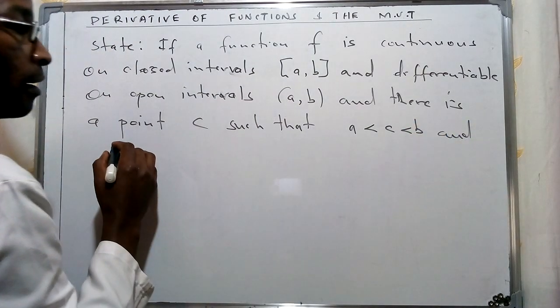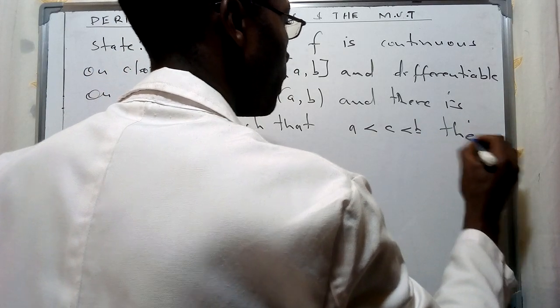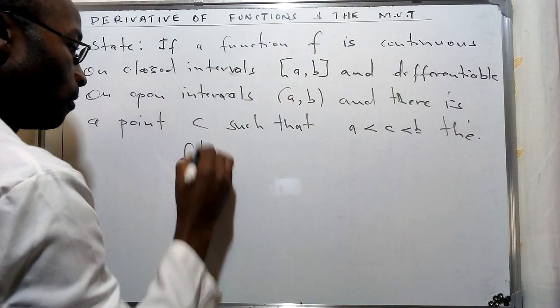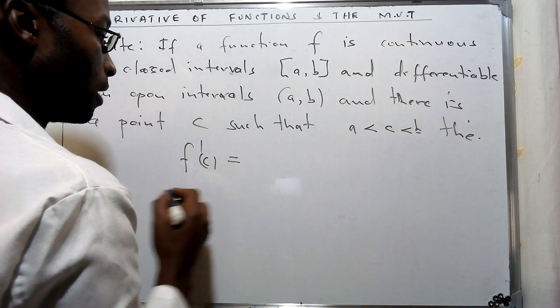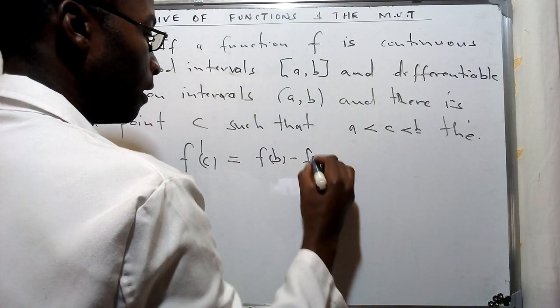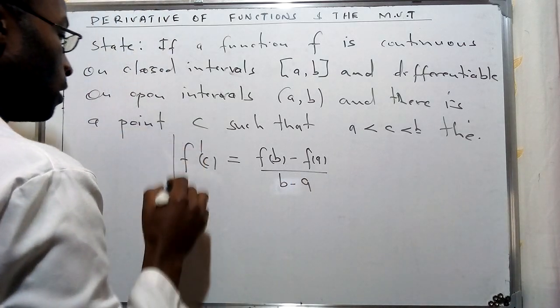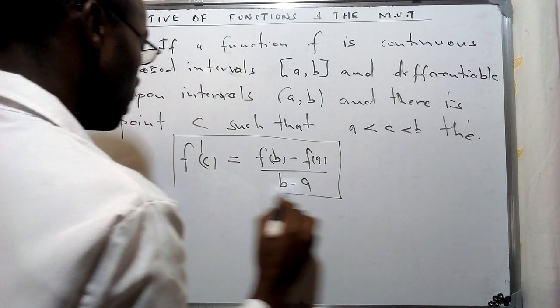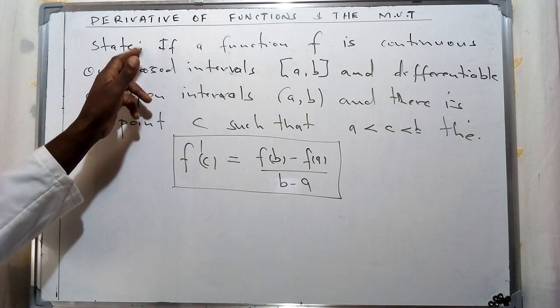then the first derivative with respect to c of this function can be described as the derivative f(b) minus f(a) all over b minus a. This is going to give us a summary of the description of this concept of the mean value theorem,